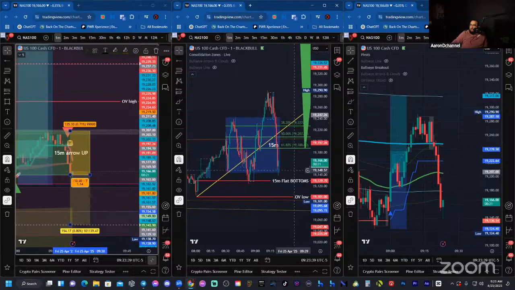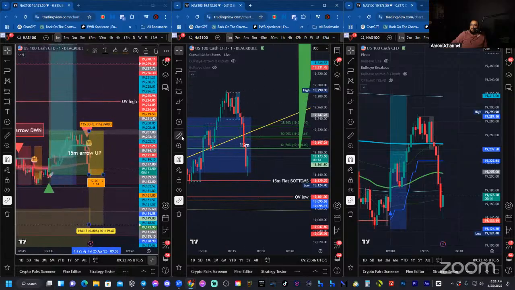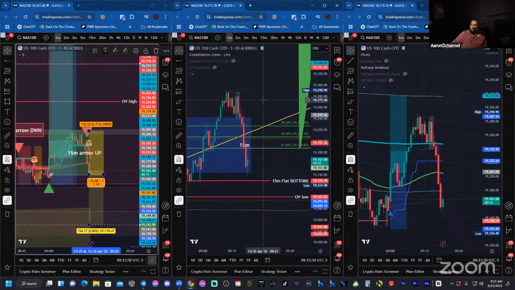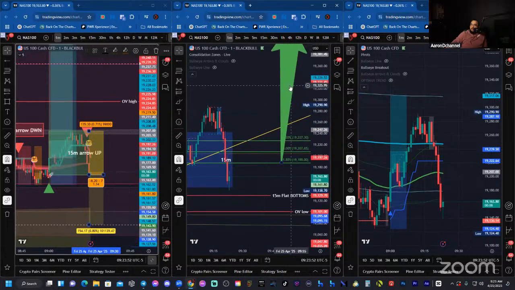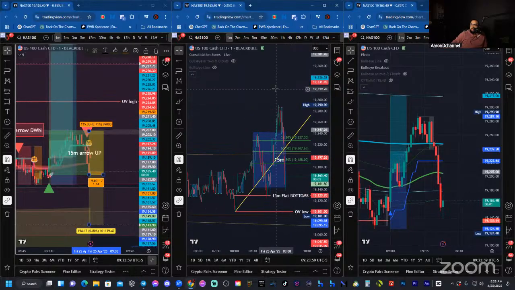Wow, so something came into the market and said, let's sell it off. And they gave us a pretty decent sell-off right there. So from the high to this low is 150 points. All right, so now I'm going to take my green arrow off because I don't know what's about to happen. Huge retracement back down.